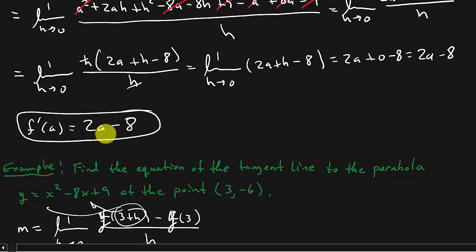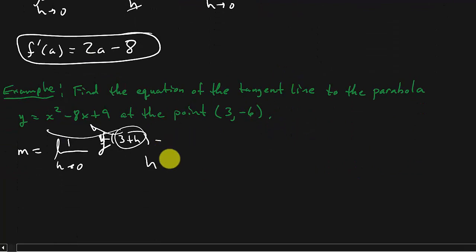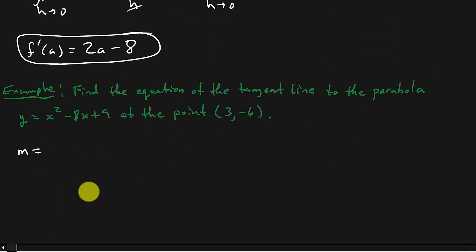You see that? So what does that do? Does that make our life easier by just doing that? Of course it does. So the slope, remember, it's just the derivative evaluated at that point. So in this case, that's y prime of 3, right? Now, I don't know why the book changed it to y, but anyway, you're just taking this and plugging it into there. So that's 2 times 3 minus 8, which gives us negative 2. So there's the slope